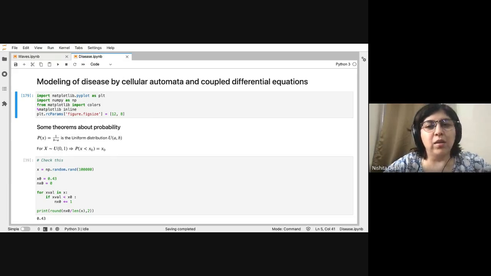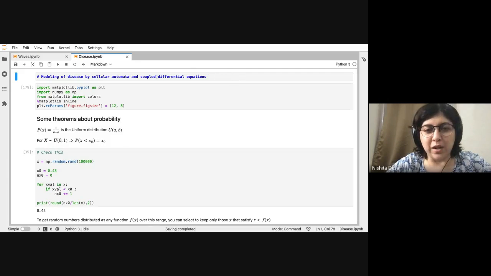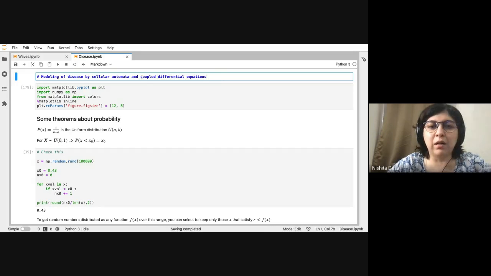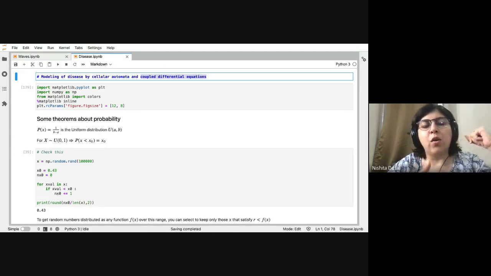Okay, so let's start by first explaining the title a bit. The second part, you know what differential equations are, and we've been working with coupled differential equations already. Remember, when we had a second order differential equation, instead of having just one variable x, we called x dot as v, and then we had two differential equations, one for x and one for v, where dx by dt depends on v, and dv by dt depends on x, right?